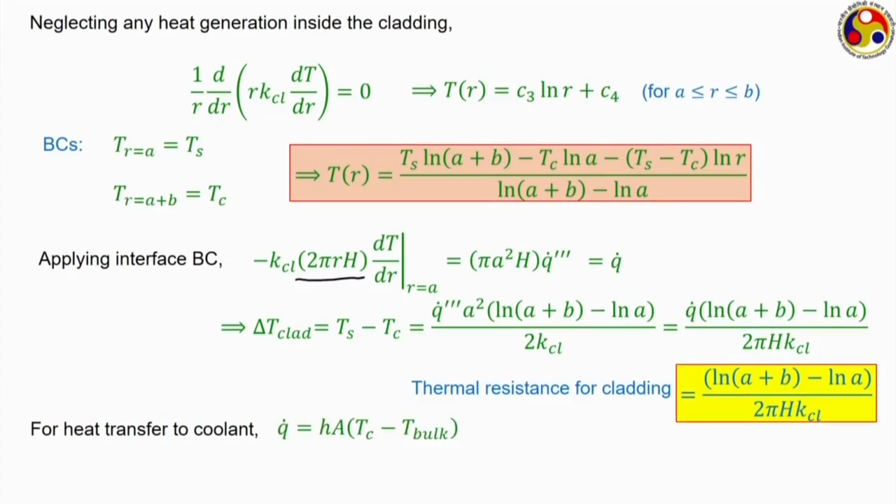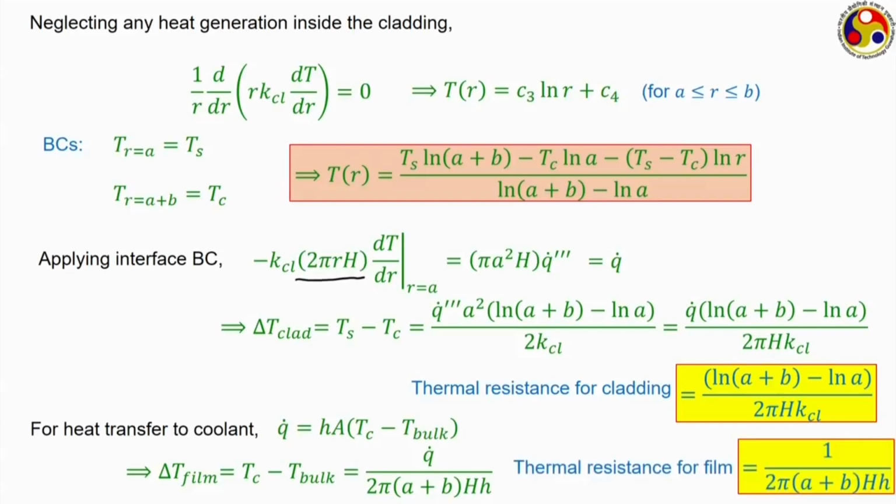And finally, again we can define a thermal resistance corresponding to the convective heat transfer to the coolant by equating the energy transferred from the cladding to the energy received by the coolant. Small h again is the heat transfer coefficient, and hence we can define a film temperature difference as q dot by 2 pi into a plus b into small h. So, the corresponding thermal resistance for the film is this. Hence, like in the case of a planar element, for the cylindrical element also we have identified the 3 thermal resistances, of course by assuming the properties, like kF and kCl,